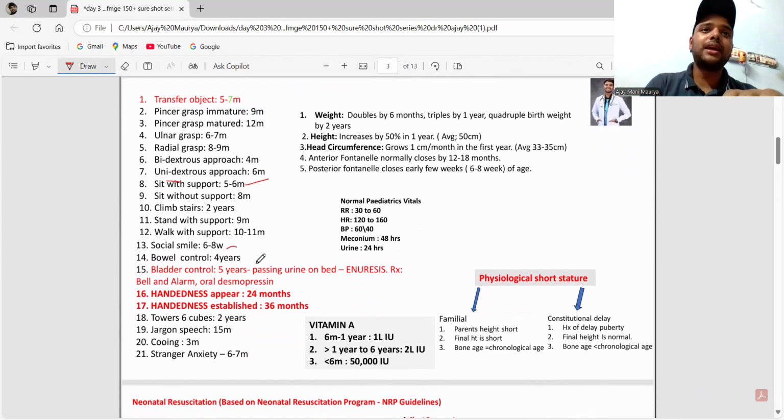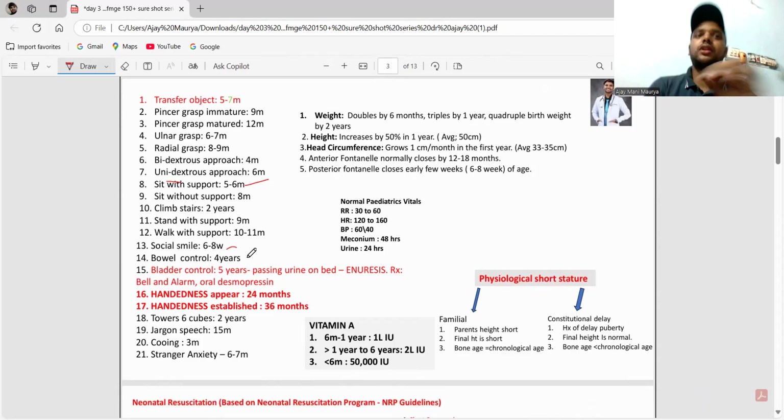Okay? Remember here, bowel control is up to 4 years. Bladder control is up to 5 years. Suppose, for example, how they are going to test you. Suppose they say that a 3-year-old child